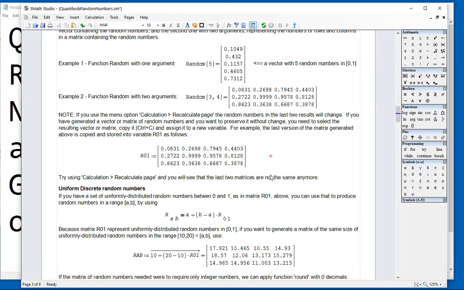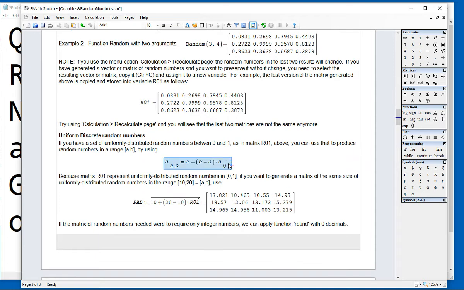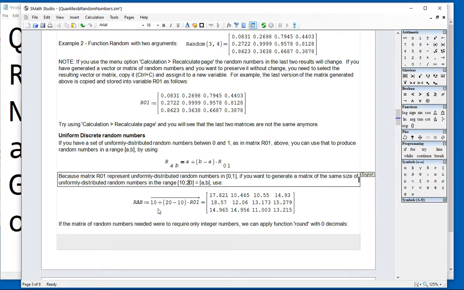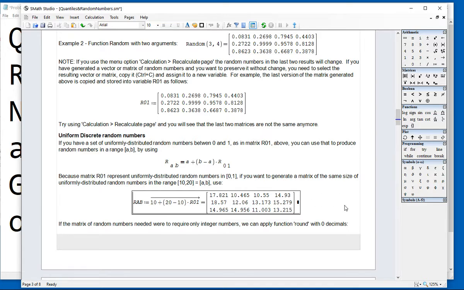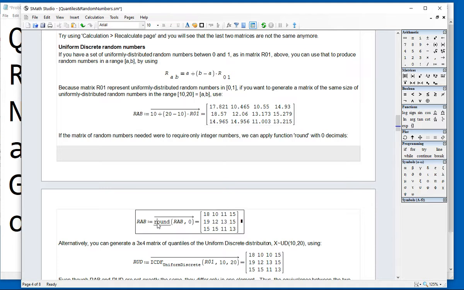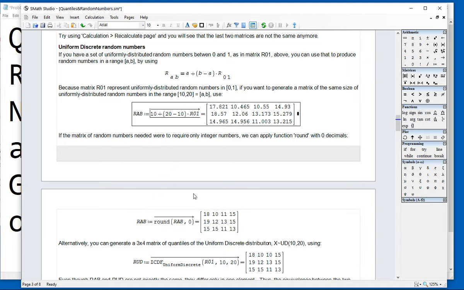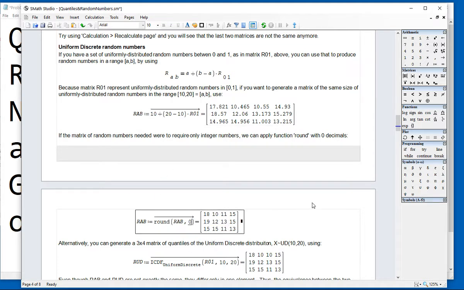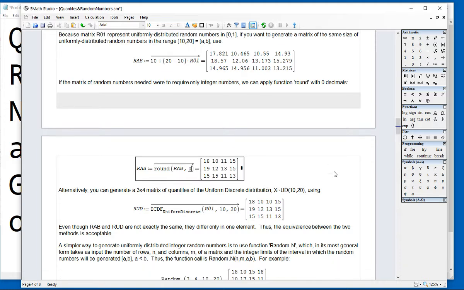Now, this simple linear relationship will convert this matrix of values between 0 and 1 into random numbers between A and B, being a couple of numbers, A less than B. For example, if I take A equal 10 and B equal 20, I'm going to produce these random numbers. If you want integer numbers, you can use the round function applied to the last result with 0 decimals, and you get integer numbers. A more direct way to get integer numbers